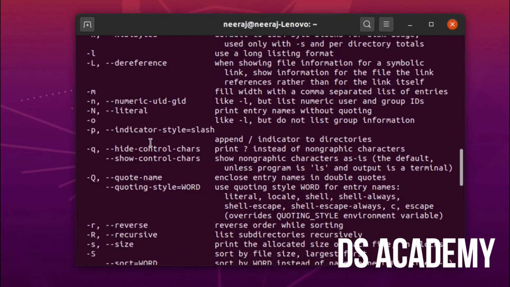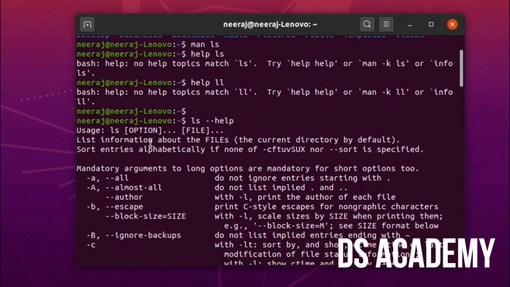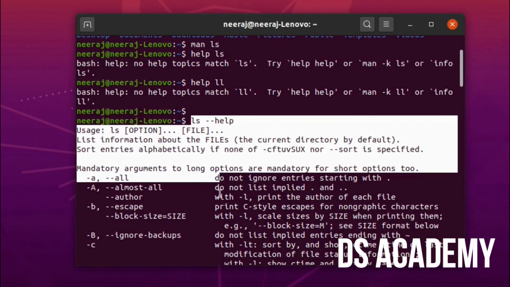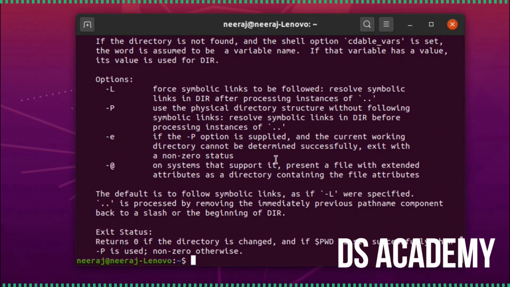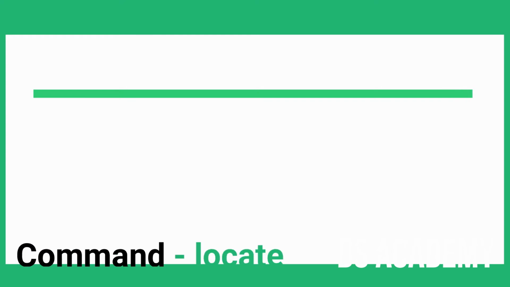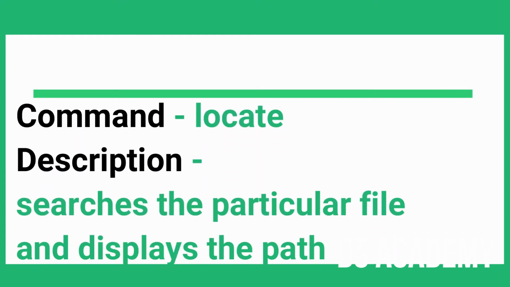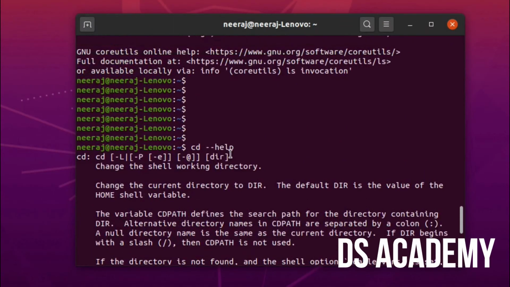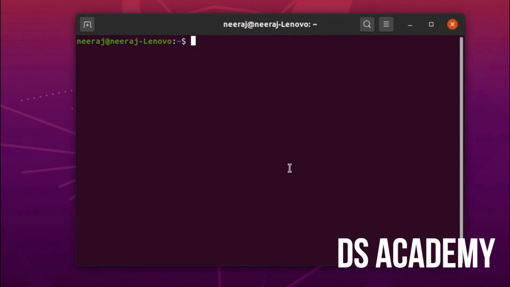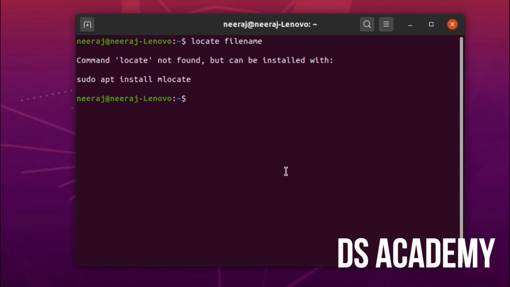This is the ls command. Next command is the locate command. Locate file name.